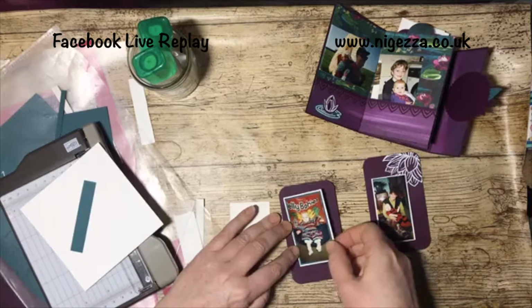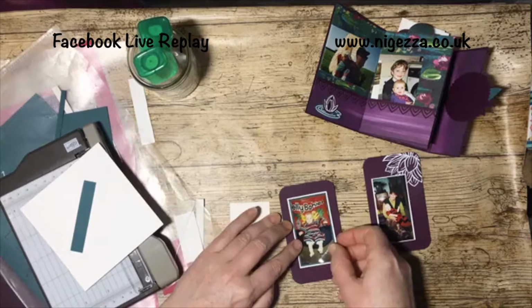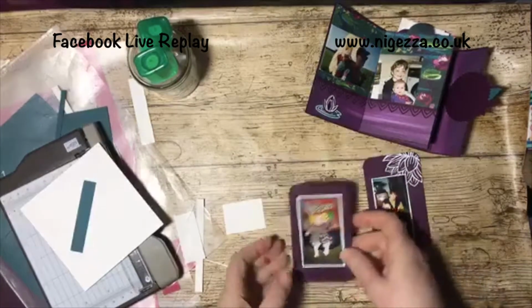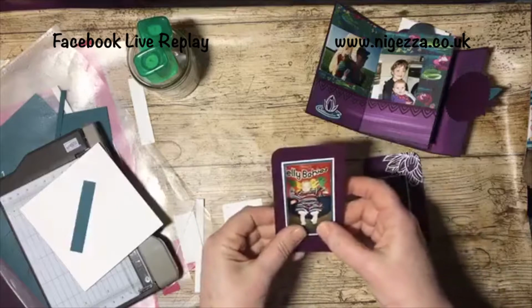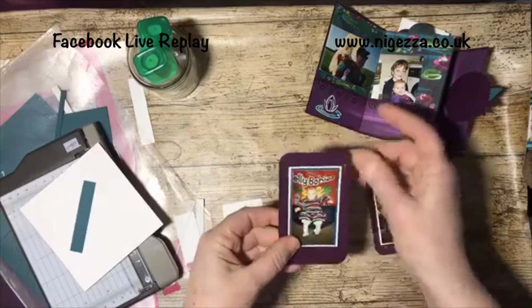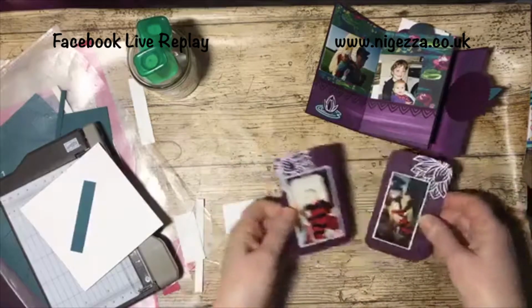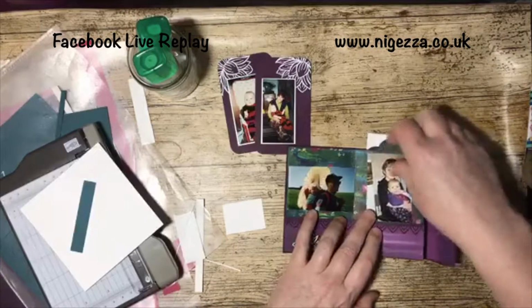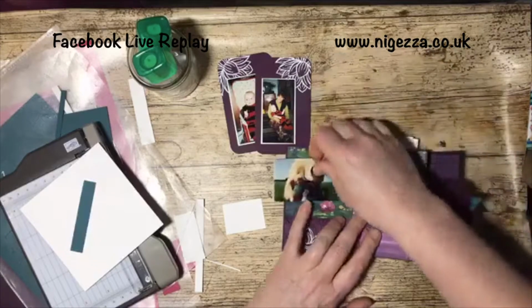So I am gonna put that like that. Cool. That's them done. So then I was just going to put some photos on the background here because I had